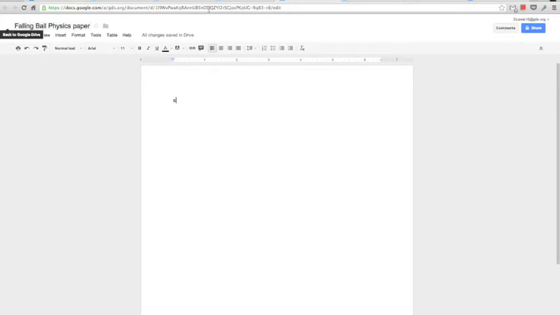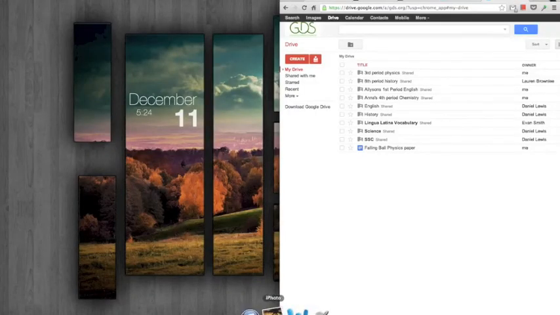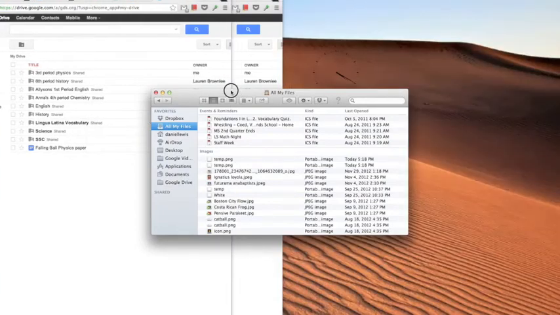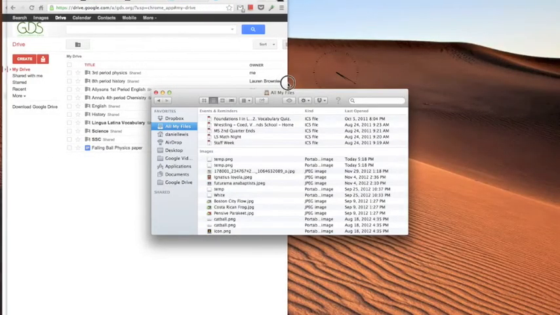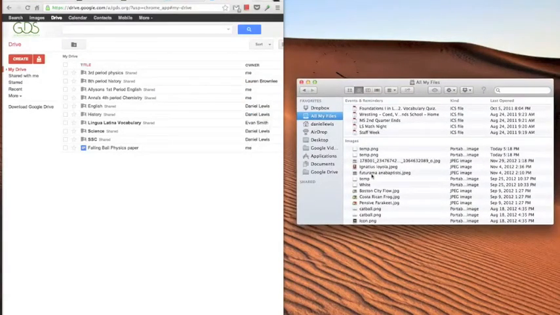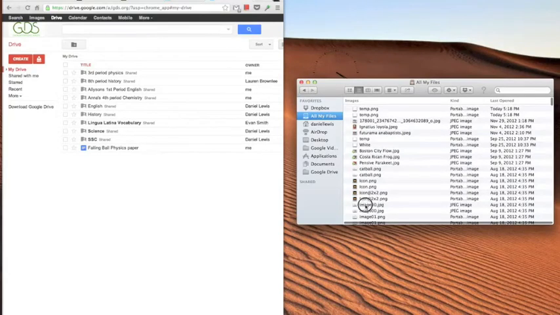Also, one thing that's good to know is to be able to put documents in Google Drive. All we have to do is open up Finder, which is pretty much just a list of all my files on this computer, and it's just sort of a simple drag and drop where I just have to find the document I want in there. So let's see, I want this image here, and I want to have that in my drive. So all I would do is drag it in,